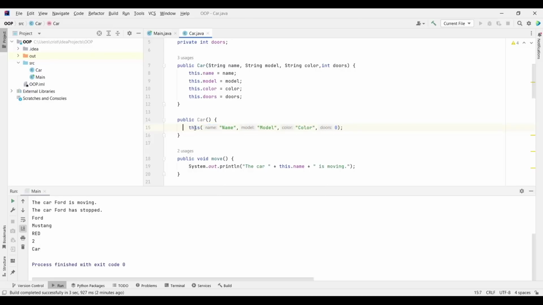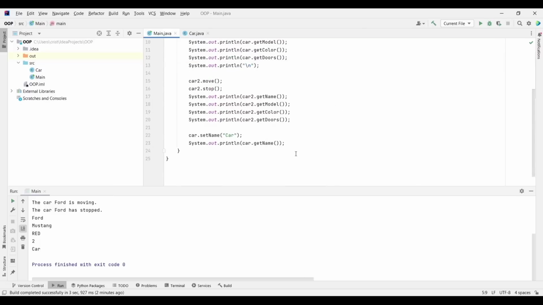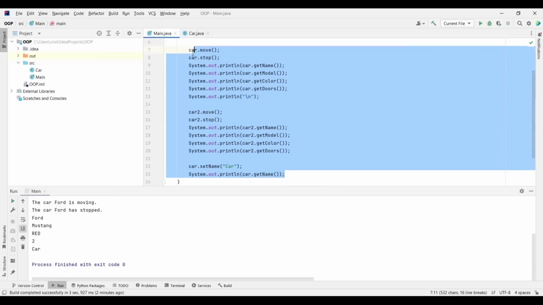So what this is doing is calling the constructor which is here. This parenthesis with default values is calling this constructor. So now if I go here and I create another car, but let me delete this code because it will make things confusing.